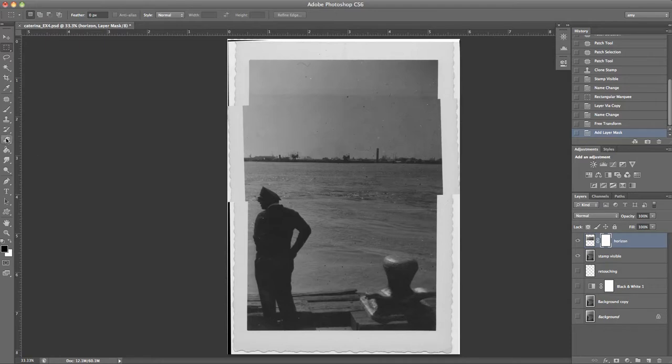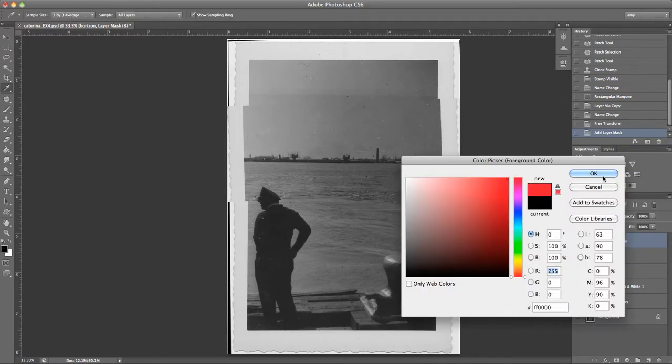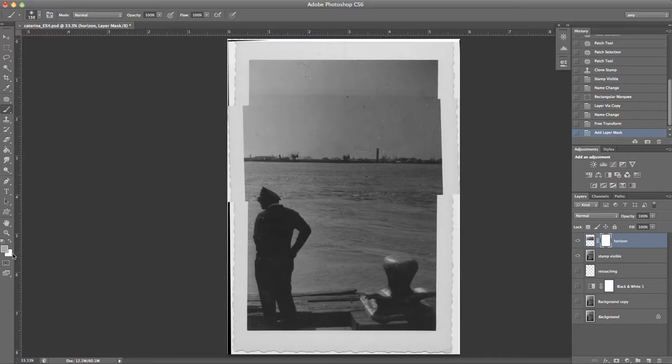Now to get ready to use the layer mask, select the brush, the top brush, with the B tool. Make sure that your foreground and background are black and white, and they're not. Right now they're gray and white. In order to get them black and white, hit D for default. And to toggle them, moving the black to the foreground and the white to the background, the shortcut is X. So with those shortcuts, you can get into the layer mask editing mode pretty quick. With this thumbnail selected, not the pixel thumbnail, because if you select the pixel thumbnail, you'll just draw right on the image. With the layer mask thumbnail selected,